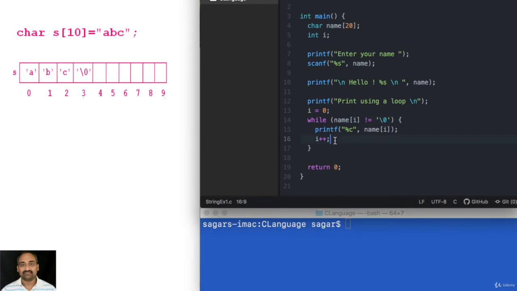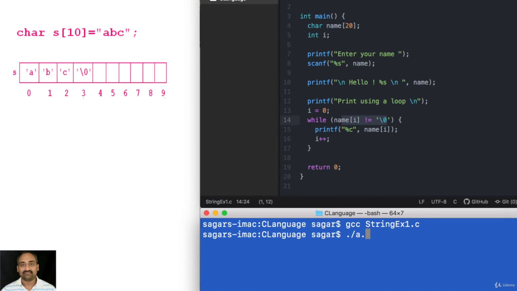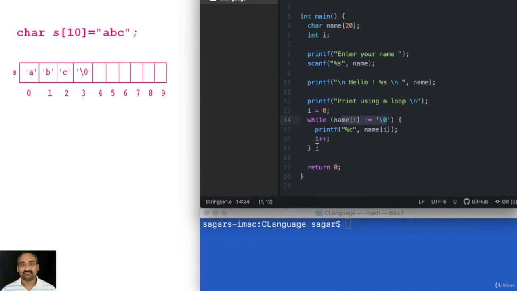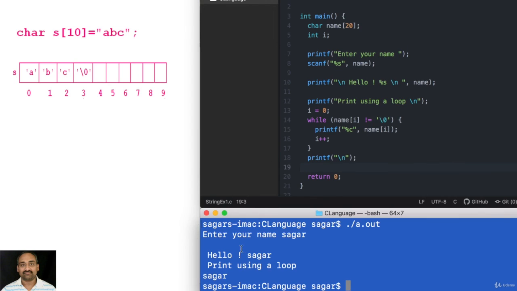So we need to increment i in order to reach the \0. Enter your name. Now I printed Sagar using the loop. I'll just print a \n. You can see it printed Sagar using the loop.